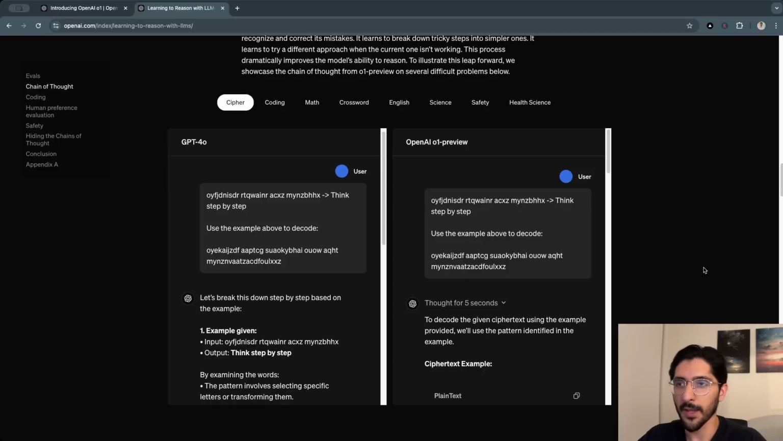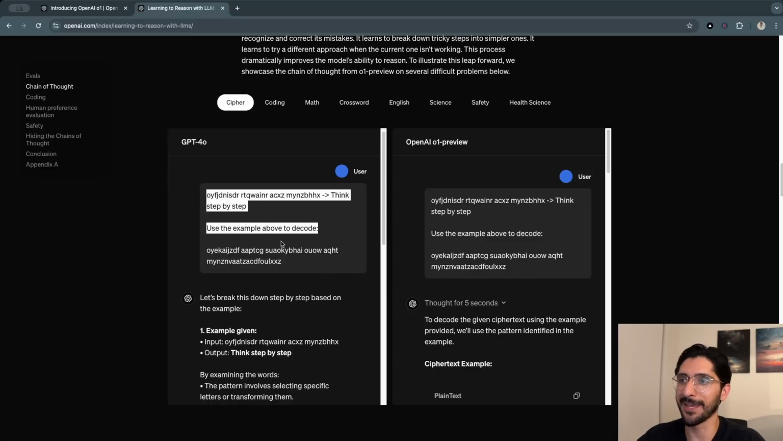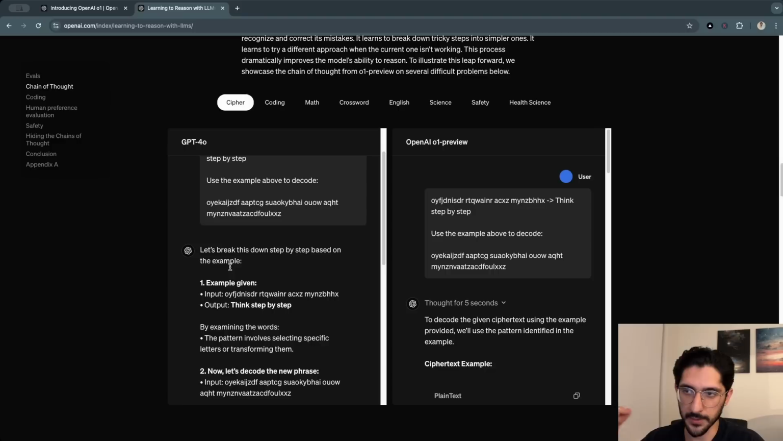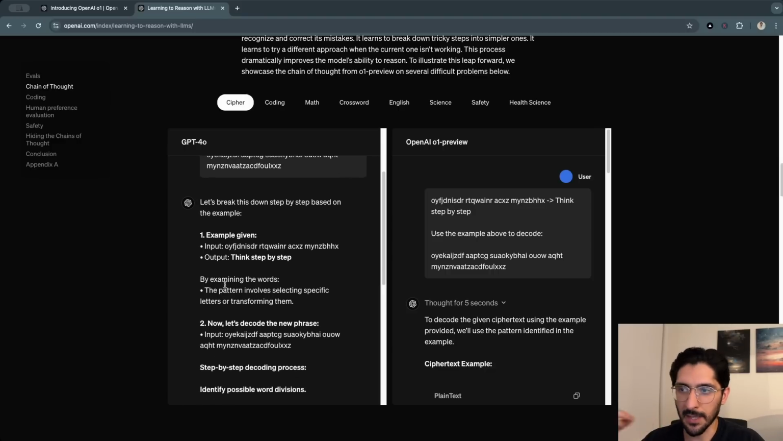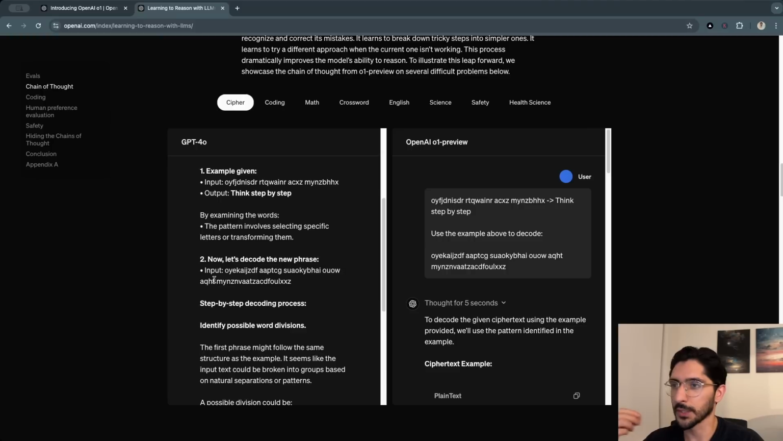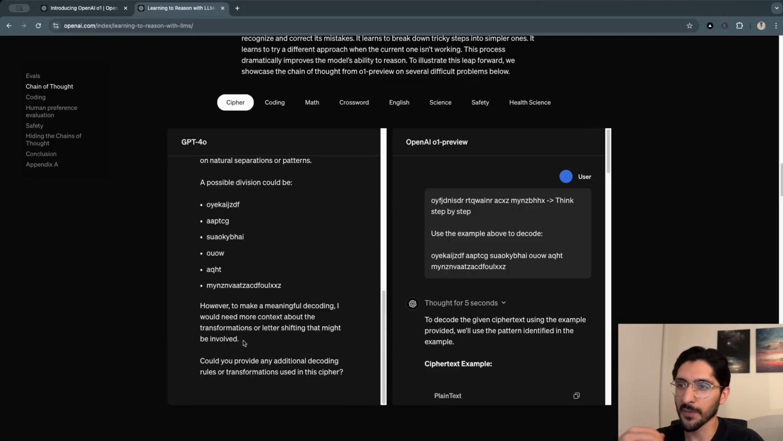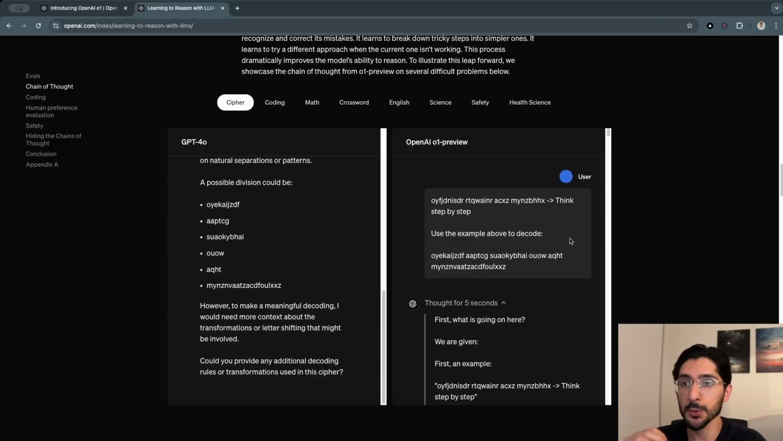Now, OpenAI did something very different. On the left, you see here that they gave it this cipher and said, think step by step. This is an example of chain of thought prompting. It breaks the problem down, it examines the words, it tries to decode the phrase, and it thinks a bit, but it's not actually able to answer the problem. But the thing about O1 is that they trained it on this step by step thinking,